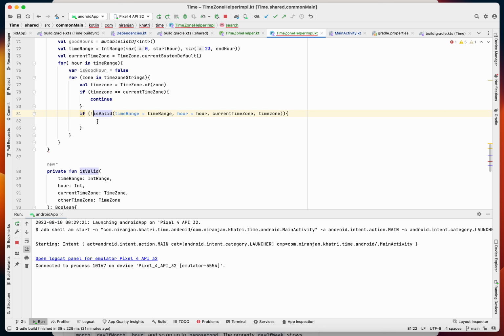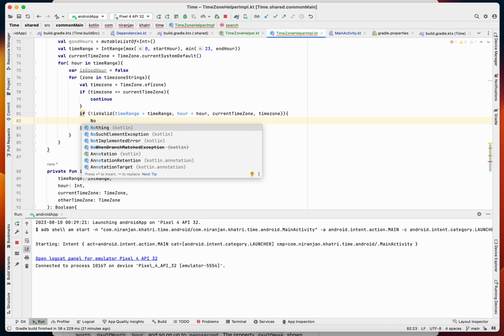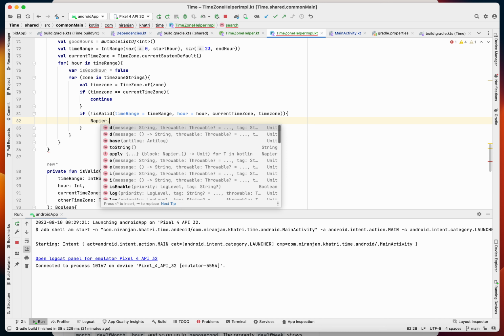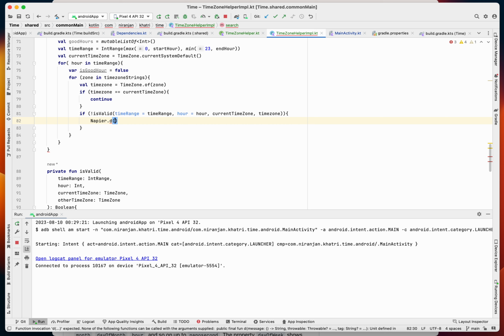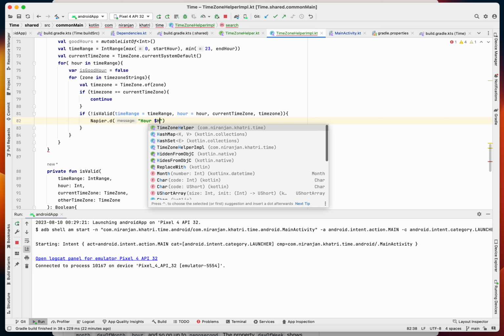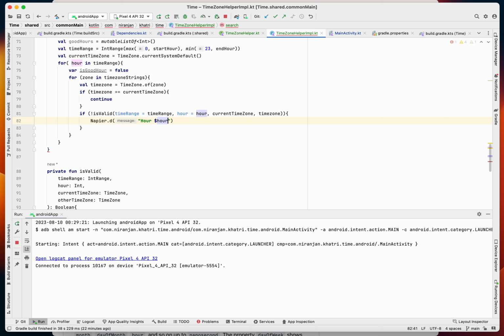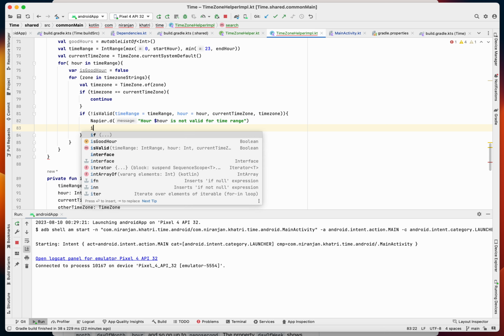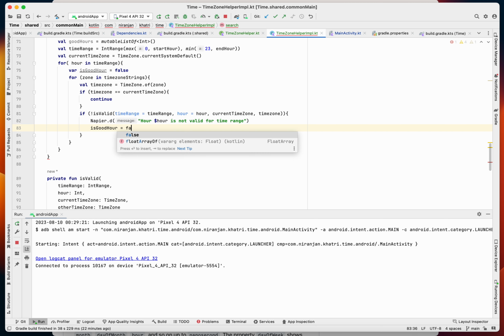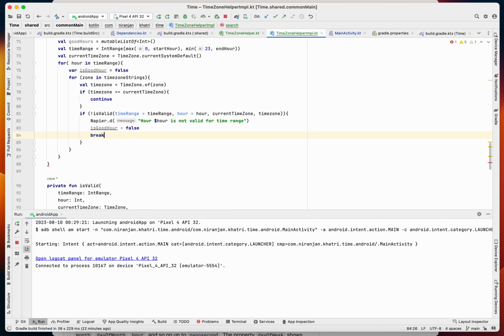If it is not valid, then you just use Napier.logger to log the hour: your hour is not valid for time range. Then you also say is a good hour, false, you just break, else it's valid, right? So Napier